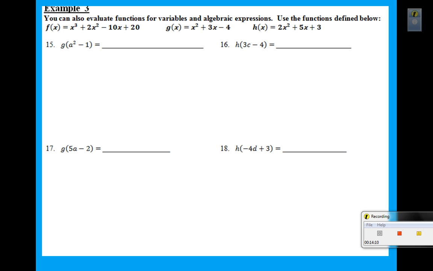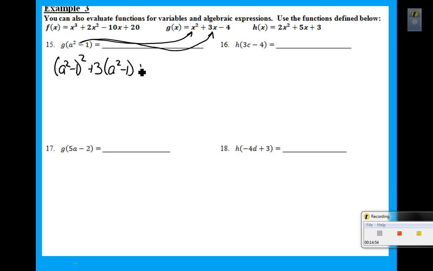So here, number 15 is a tough one. Check this one out. I'd like to find g of a squared minus 1. This is a tough little problem. To find g of a squared minus 1, here's what I got to do. I got to plug a squared minus 1 right there and an a squared minus 1 right there, because there's 2 different places for it. And since, here's what I'm going to do, I've got a squared minus 1 squared plus 3 times a squared minus